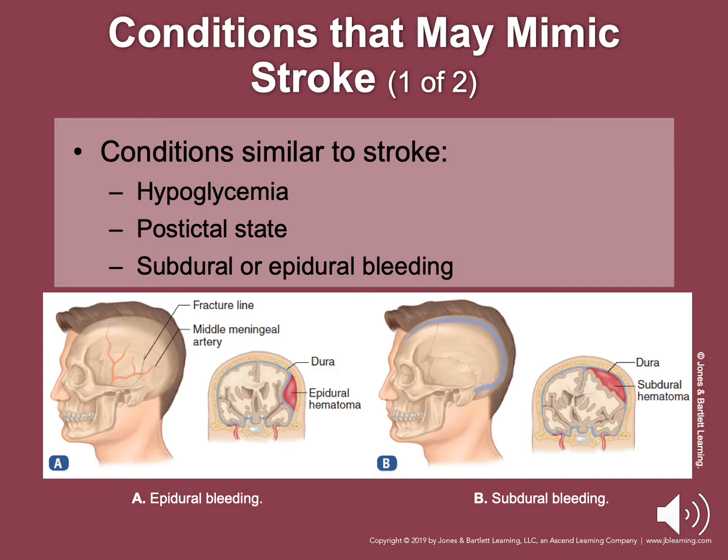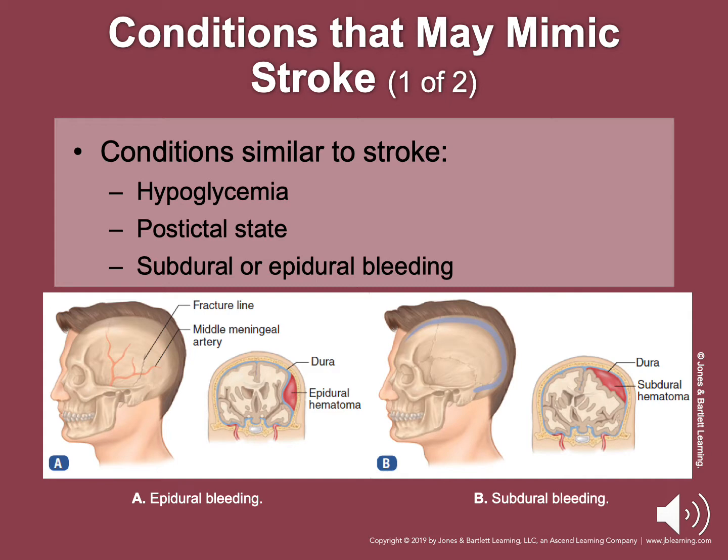You could also have a subdural or epidural bleed of some sort, maybe due to blunt trauma or penetrating trauma. You never know. So the epidural is above the dura layer of the brain, a hematoma, or bruise on the brain. And you see that the subdural is below the dura layer of the brain. You see that in picture B. So these bleeds do occur from trauma 9 out of 10 times. The patient may have fallen at home, maybe by themselves, or they could have been abused or something like that.